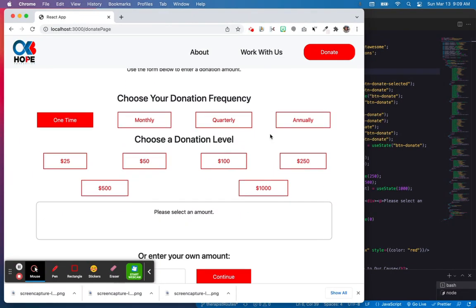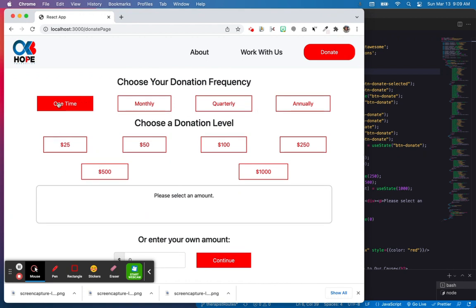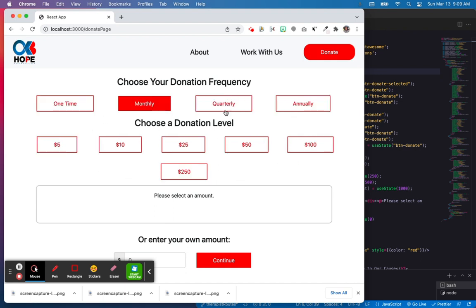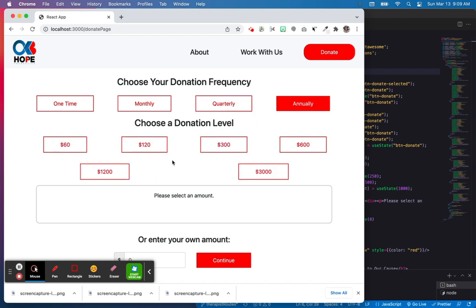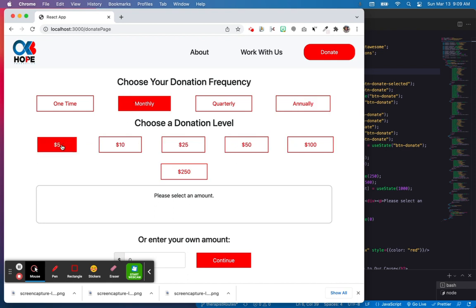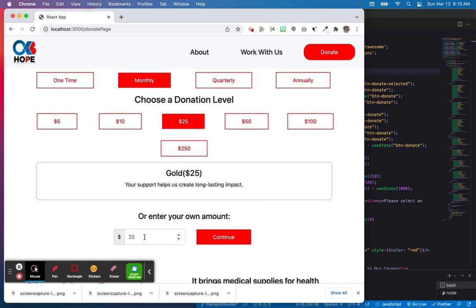And the client wanted it set up like this so that you could choose what type of donation frequency you want to use, and according to what you chose, a different set of donation level choices would appear below that would match that. And then once you've picked that one and you pick one of these, you will get what level of donation you're at and a message here, as well as update this form down here,